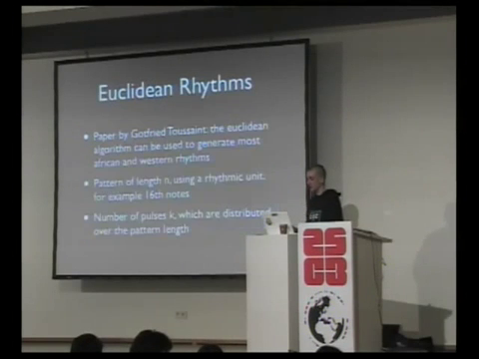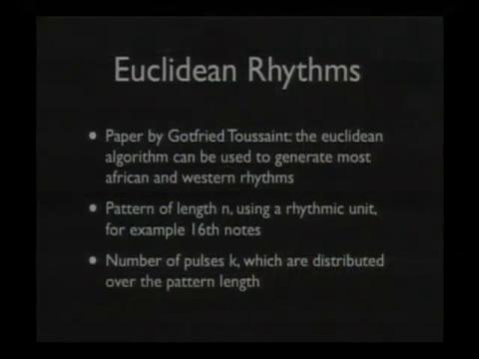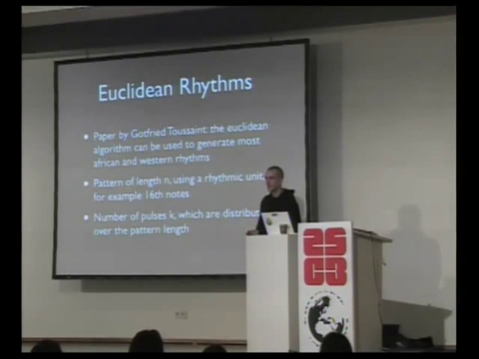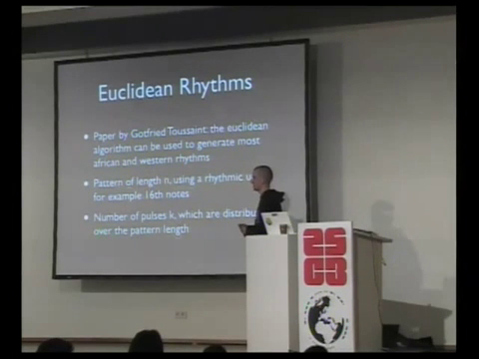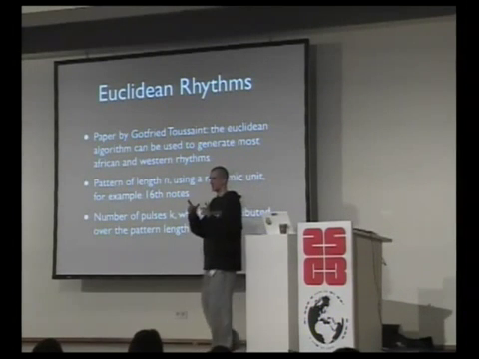I'm now going to go into a bit of mathematics, and a few months ago I discovered this paper by Godfried Toussaint, who is a musician and mathematics researcher in Canada. And he wrote this really nice paper where he shows that the Euclidean algorithm to find the greatest common divisor between 2 numbers can actually be used to generate most African and Western rhythms. So the paper is actually about rhythms, but it starts with, I think, timing systems in neutron accelerators, which is actually built on the same